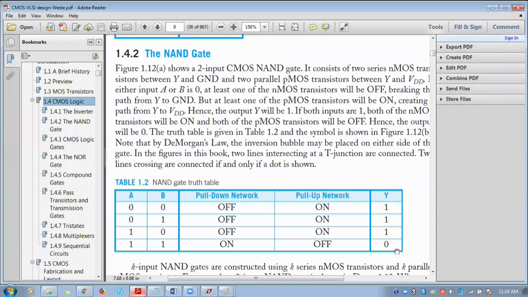While concentrating on getting logic 0 at the output, we have to design the transistors such that we have two NMOSes, as per the number of inputs. The bottom NMOS has to be connected to the ground.